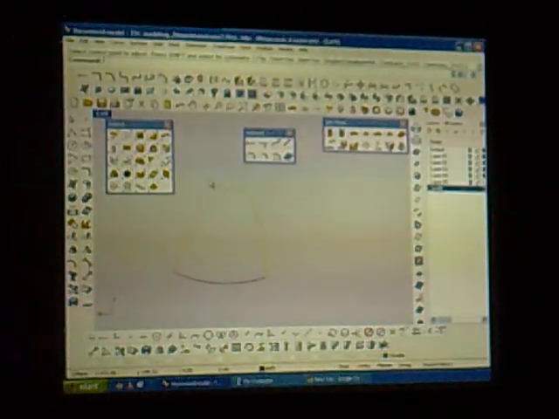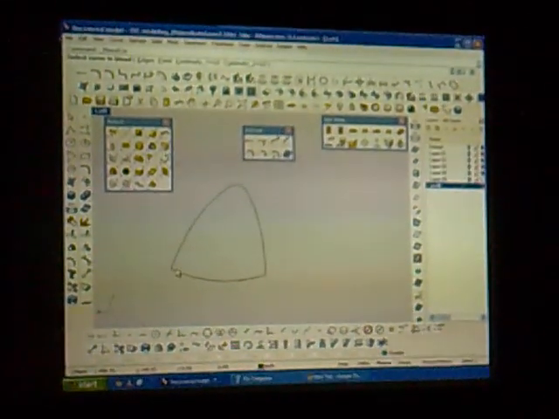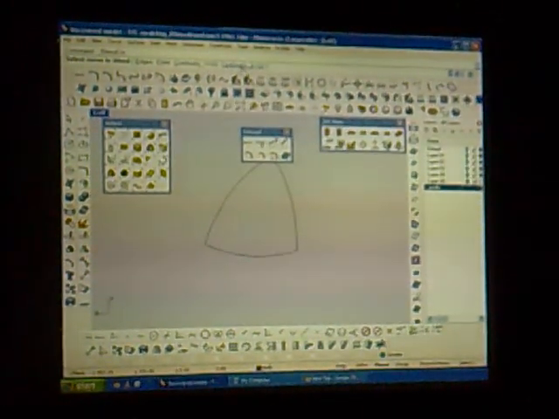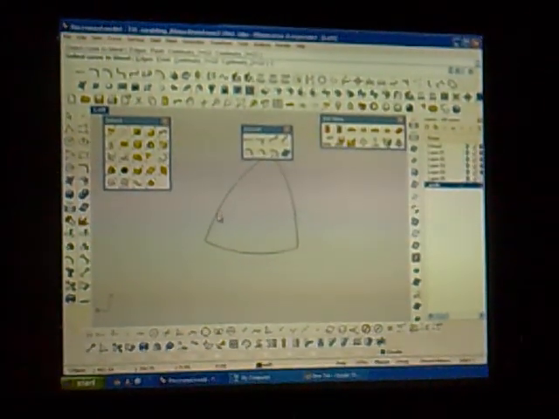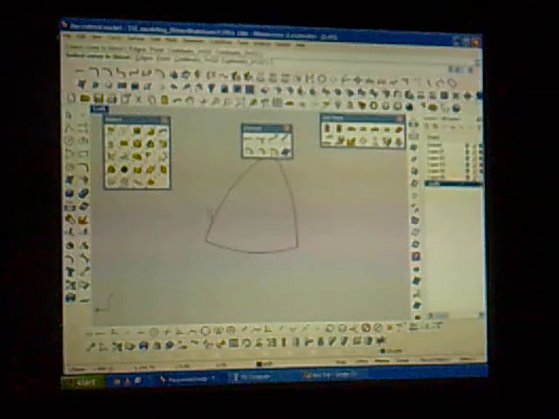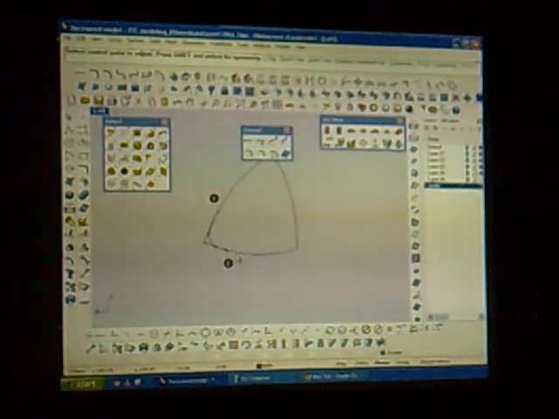Okay, we will redo this. We will redo this here and select. Already continuity G2 is selected there. Continuity at first curve and second curve, right? So if I select this first curve, it will be G2 at 1, and if I select this second curve, it will be G2 at 2.